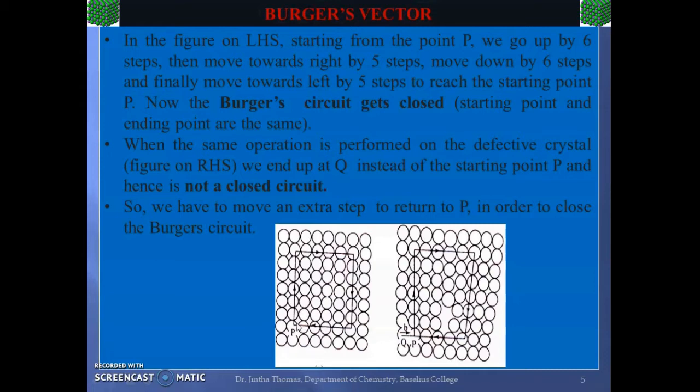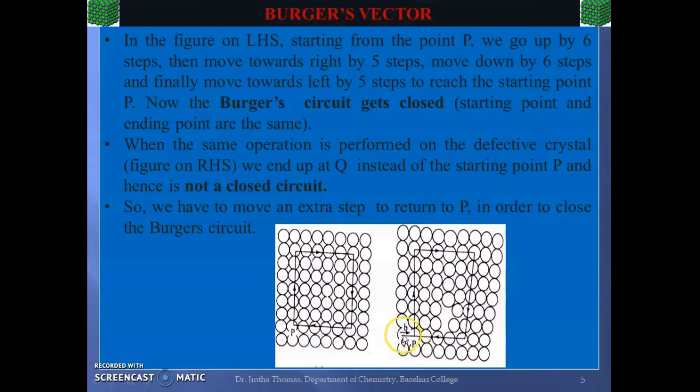That is, the starting point and ending point are the same. When the same operation is performed on the defective crystal, that is here the figure on the right hand side, we end up at the point Q instead of the starting point P, and hence it is not a closed circuit. So we have to move an extra step to return to the point P.